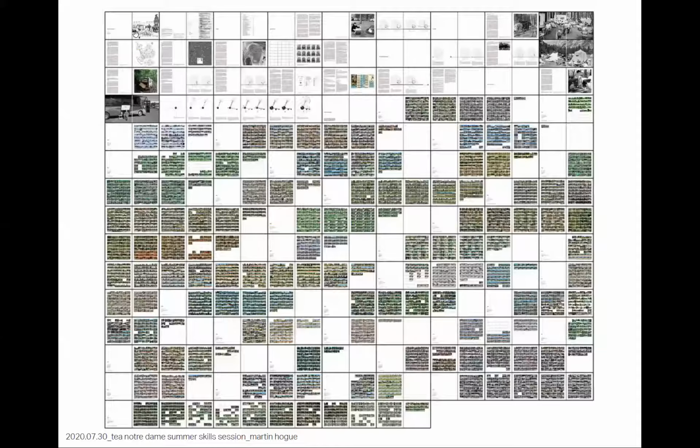So if this is a book, every page of this book here, you can see how similar each page is in its composition. You see the way it uses images here, you can see the body text, and then of course all of the pictures.